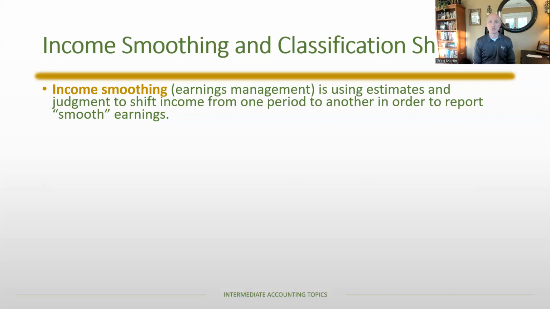And so sometimes managers will use that judgment, I would say selectively, in order to shift income on the margin to make earnings look smooth. I'm not talking about fraud. I'm not talking about violating the rules. What I'm saying is there's flexibility within the rules, and sometimes managers will use that flexibility to communicate a smooth picture of earnings. It makes things look more predictive. If you think about a company, eight quarters ago, they reported 25 cents a share, and then it went 25, 26, 27, 28, 29, 30, 31.